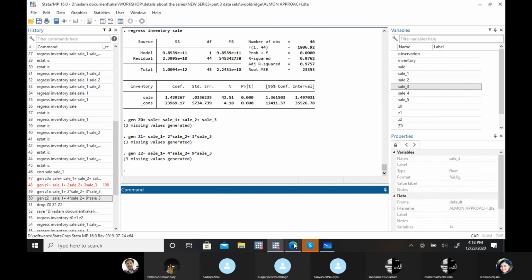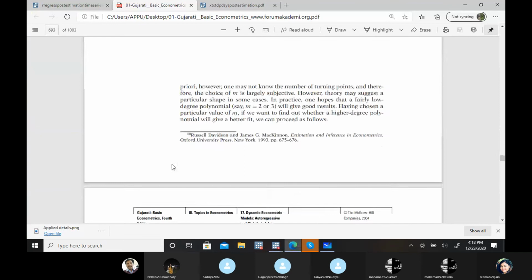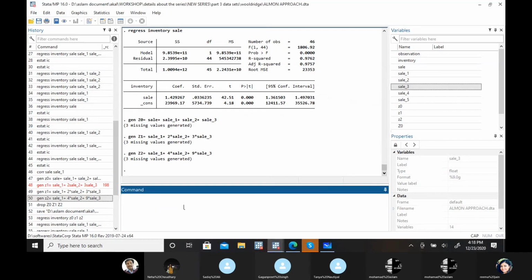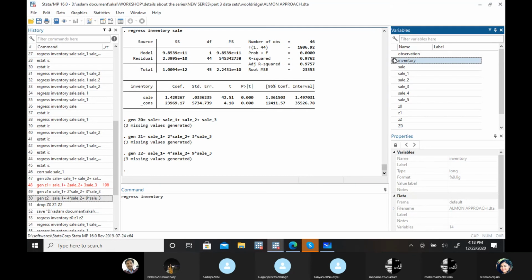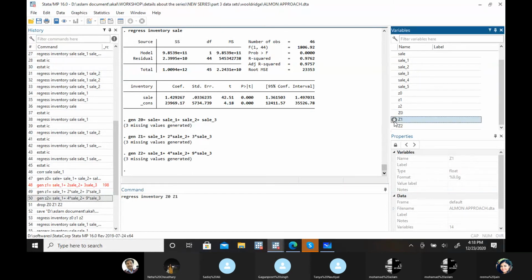Now we have these three variables. So we have to run an OLS on these variables. Let's say we run an OLS regression of inventory, now not on the original x variables, but on z0, z1, and z2.